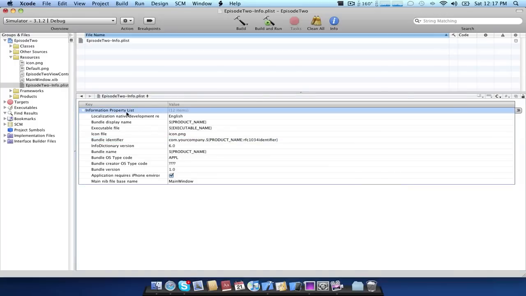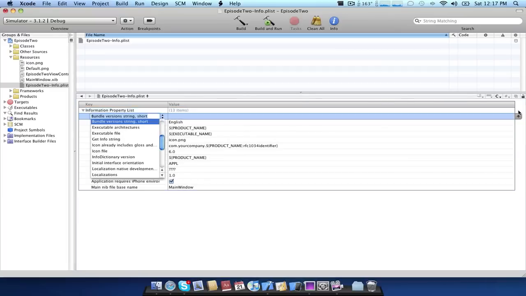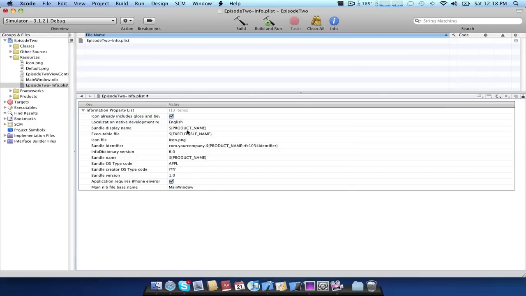Also, you can turn the gloss on or off of the icon. If you didn't already know, the iPhone and Apple both add the gloss to any icon unless you have this property declared in your info.plist. So you're just going to add a new bundle, and you're going to go to icon already includes gloss and bevels, and you're just going to check that. Even if your icon doesn't have a gloss already, it's just good to have if you don't want a gloss on it. So if we go to build and run, save all,